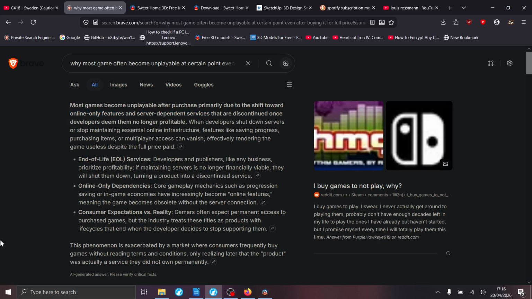Why does that happen? Like I said, they need money to run the server. It's not free, you pay for it. Well, there are free servers, sure, but the service will be bad. The game will be laggy. Who will play a game with a server like that? So they have to pay for a good server.